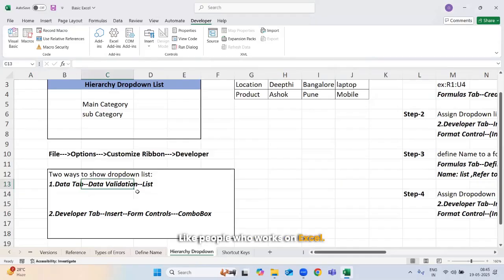Most people who work on Excel know about this data validation dropdown. But the problem is it will not show the dropdown every time. For working, data validation will be easy. But for the user, a combo box will be easy, because data validation will not show the dropdown every time, but a combo box does. So in dashboards and reports, better go with a combo box. For internal usage, go with data validation because working with it will be easy. For a combo box, internal working will be a bit difficult; we need to write different formulas. But for usage, it will be easy. For presentations, it looks good, so better go with a combo box. You'll understand that tomorrow after discussing this concept. Got it. Thank you.